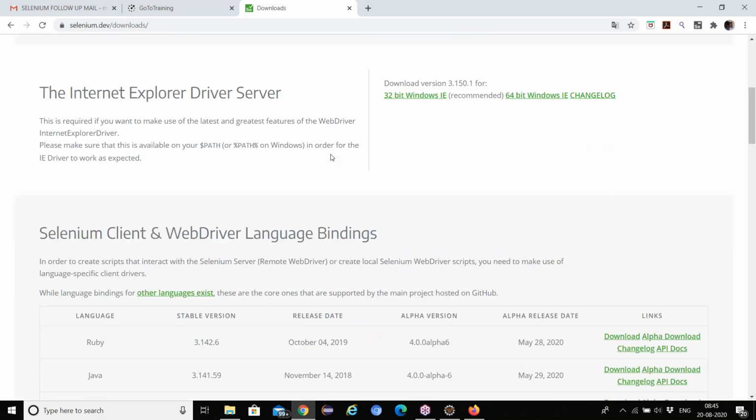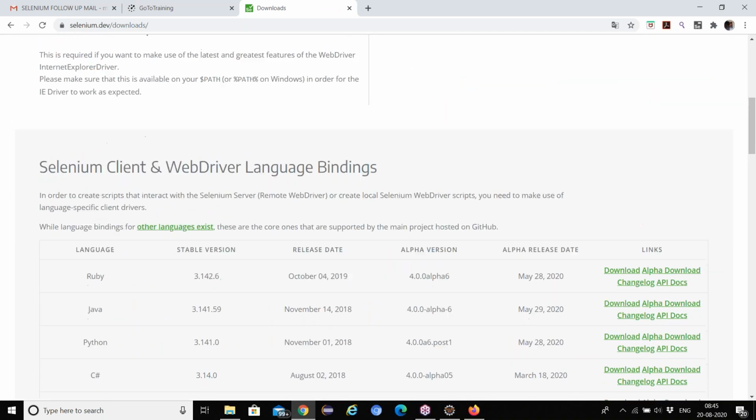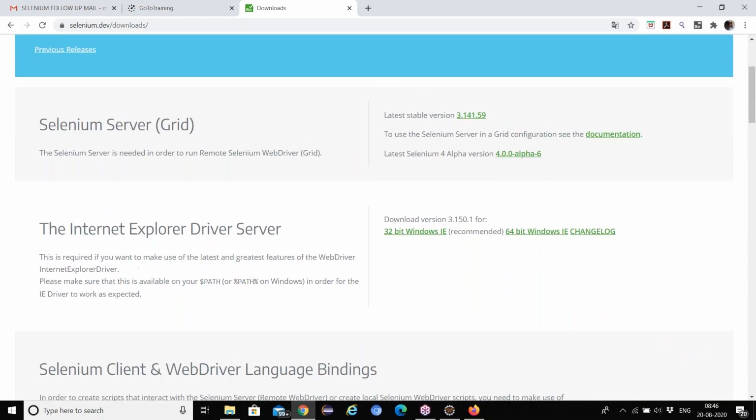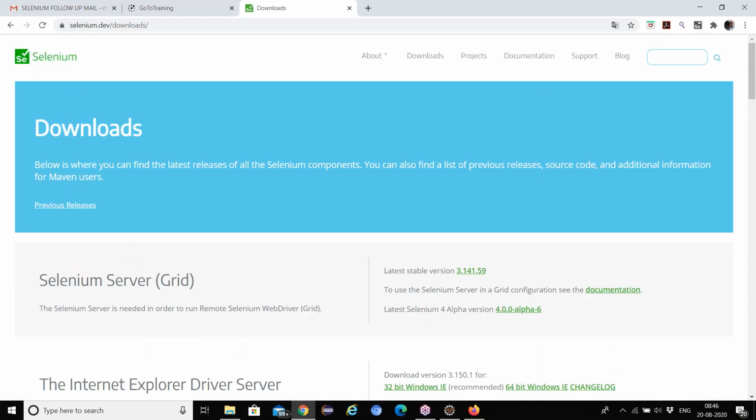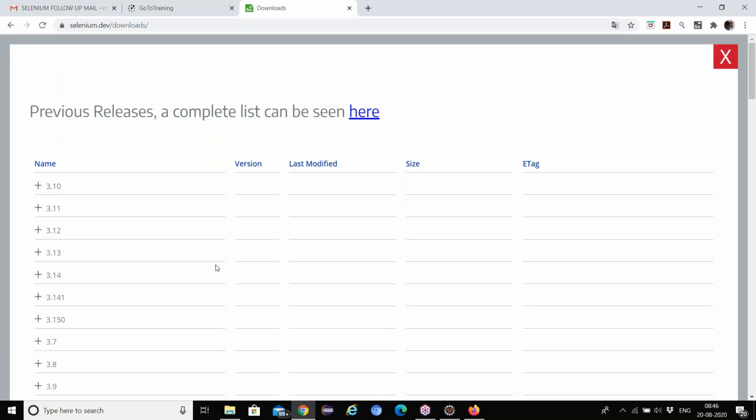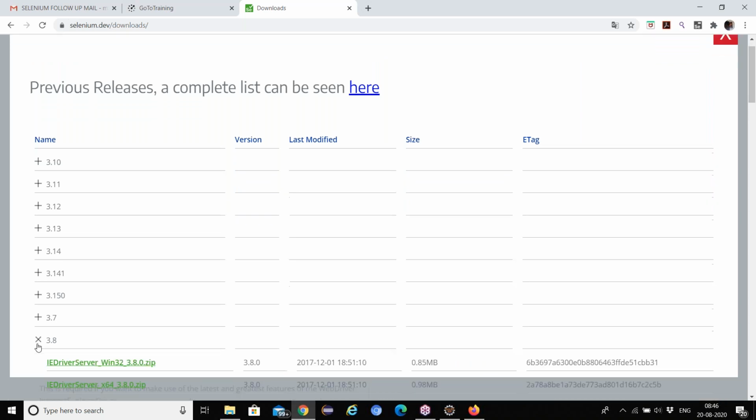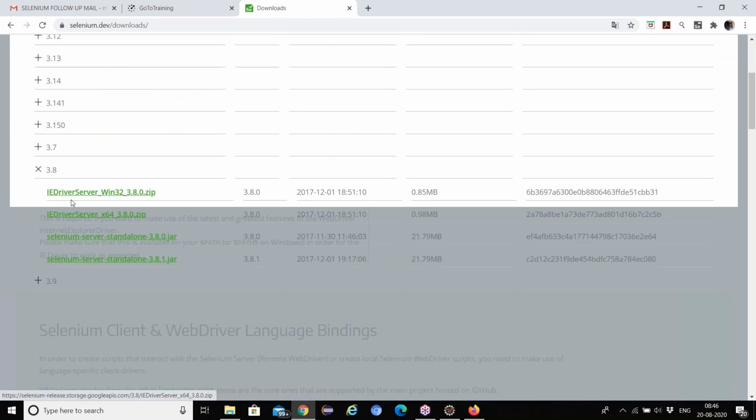Go to the previous releases. Mohit, go up a little bit. Click the previous releases. Yeah, click the previous releases. And 3.4, right? Better you click 3.8. Okay, 3.8. Come down. Yeah, better it is.